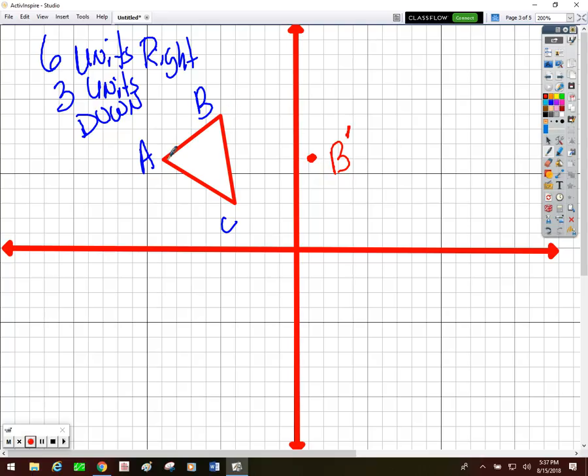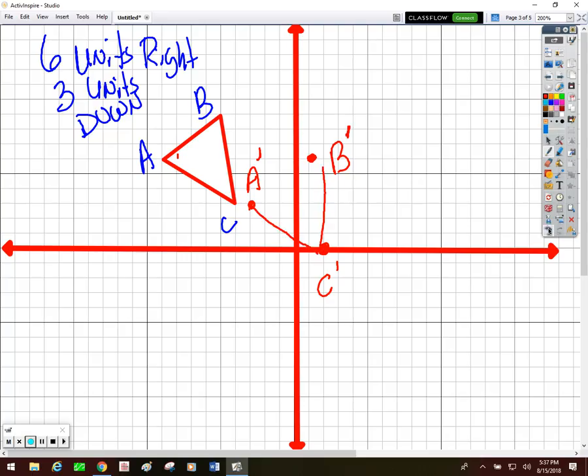All right, let's go with A. It's kind of hard to see, so we're going to go 1, 2, 3, 4, 5, 6, and then 3 down. 1, 2, 3. There is A prime. Now let's go with C. Same thing. 1, 2, 3, 4, 5, 6, then 1, 2, 3. There is C prime. And when we finish, we're going to connect our